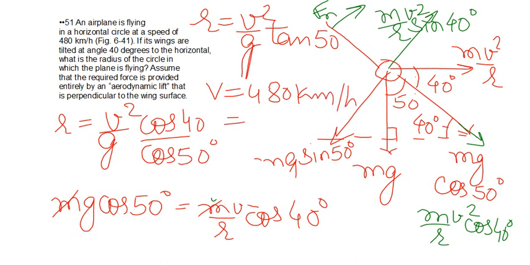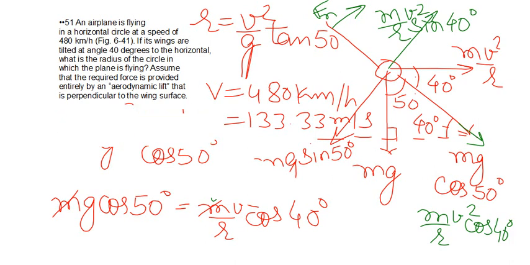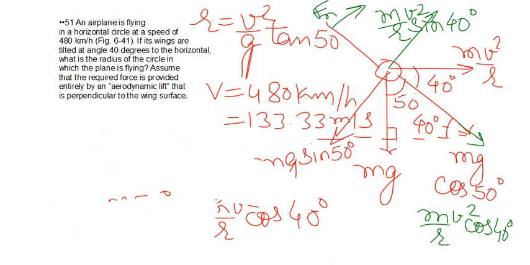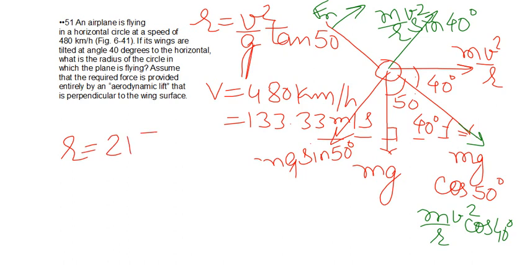which is nothing but 133.633 meter per second. So if you put these values, you'll get the value of R, and R is simply equal to 2158.622